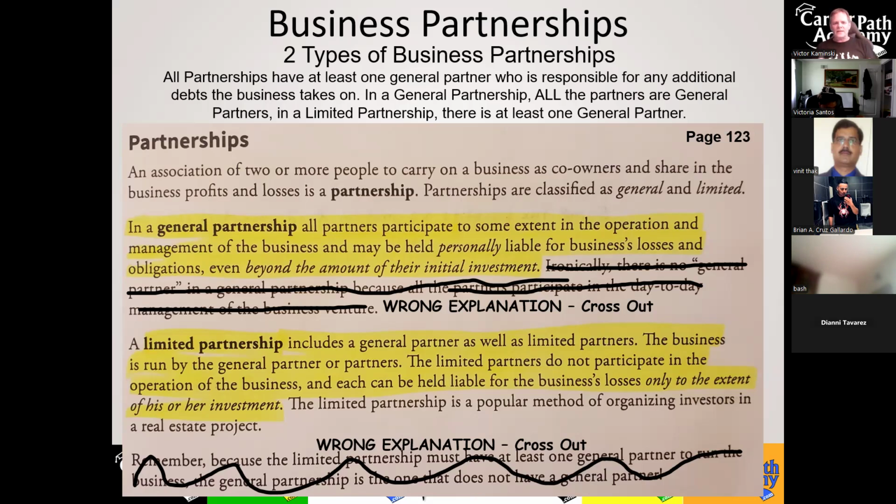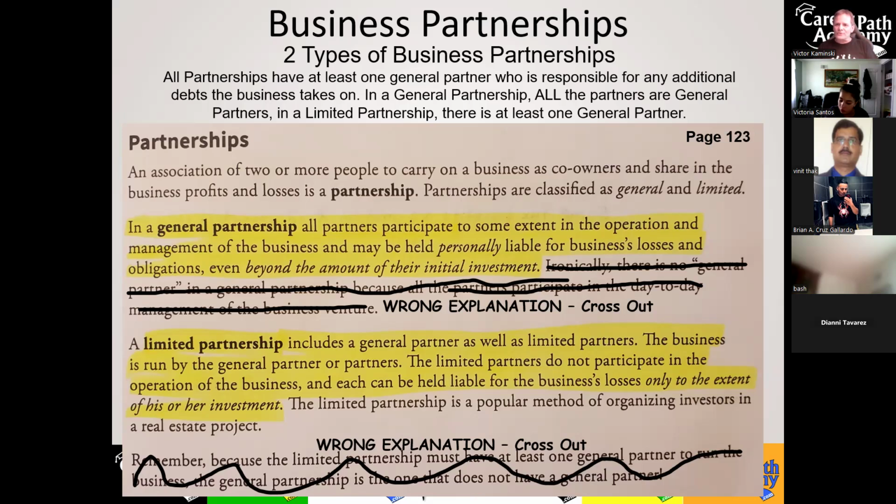An example of a limited partnership is you start a business and you go and you get a loan from the Bank of Mom. Now, Mom doesn't know anything about your business. She doesn't care about your business except that you're successful in all your endeavors in life, right? So Mom just became a partner in your business because she invested in it. However, she doesn't know anything about your business. She's not working a day-to-day activity. So Mom's a limited partner in this business venture of this partnership.